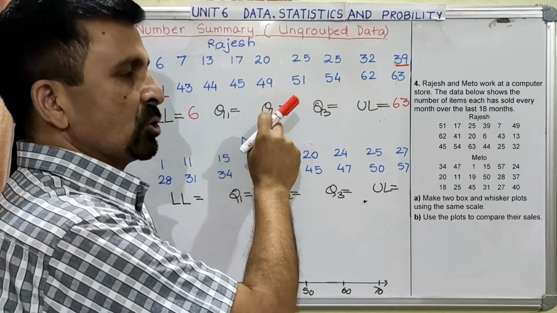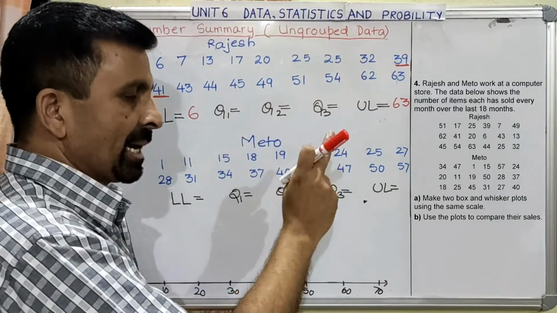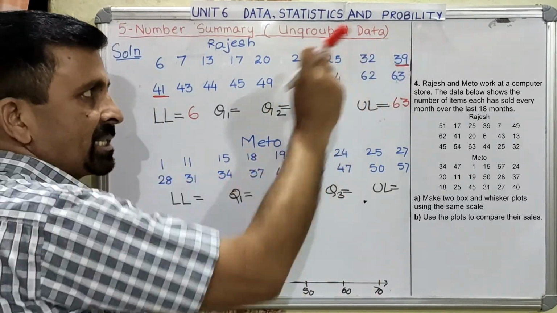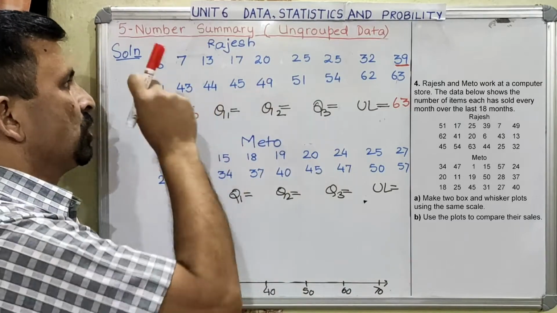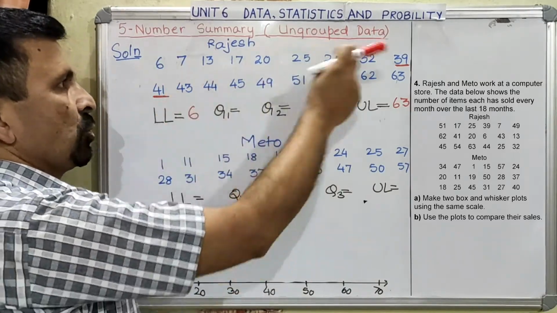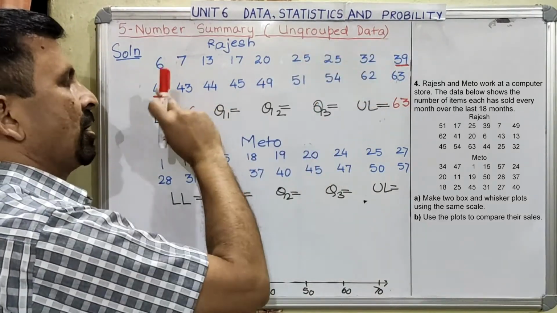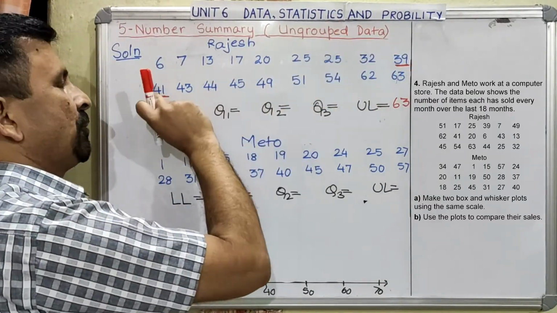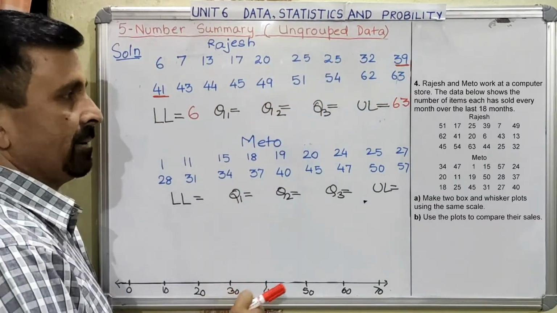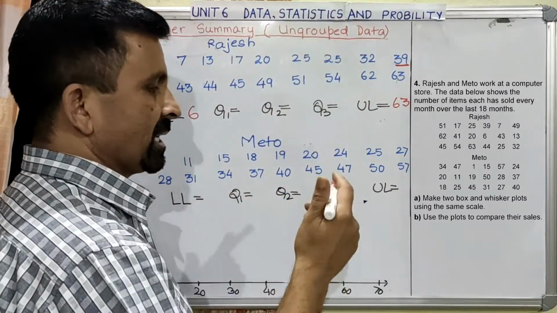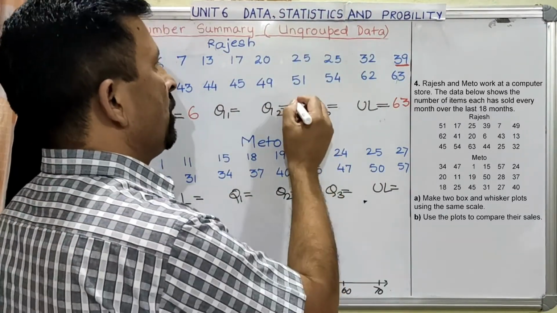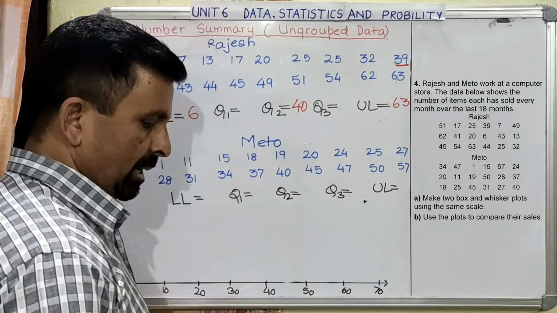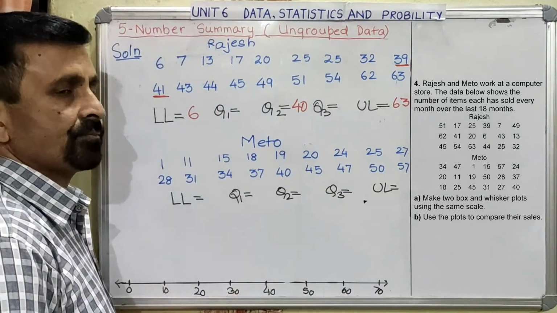Because in total there are 18 data, the first position will be half of 18, that is the 9th, which is this. The other will be the 10th data, which is this. So you got the two positions, and then you can see the two data also. Now for finding the value of Q2, you just have to find the average of 41 and 39. So add the two data and divide by 2. Your answer will be 40. And this becomes your Q2.